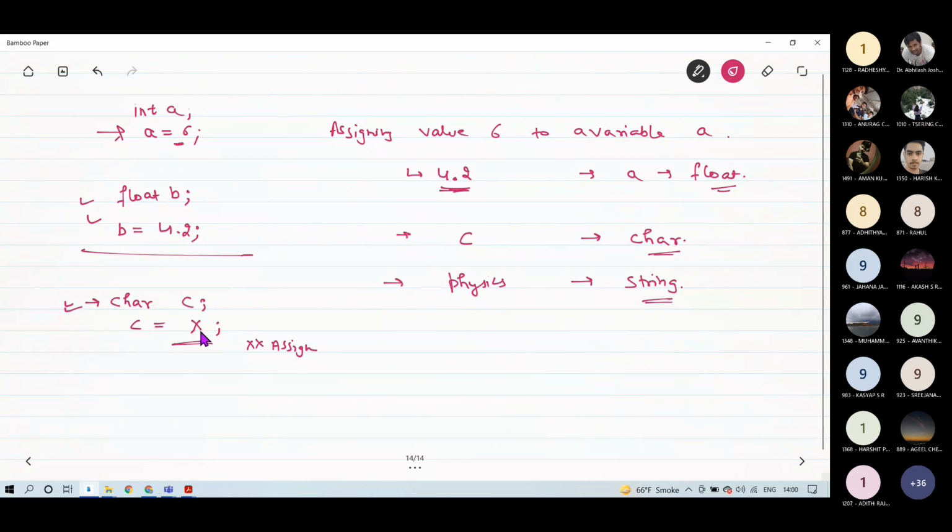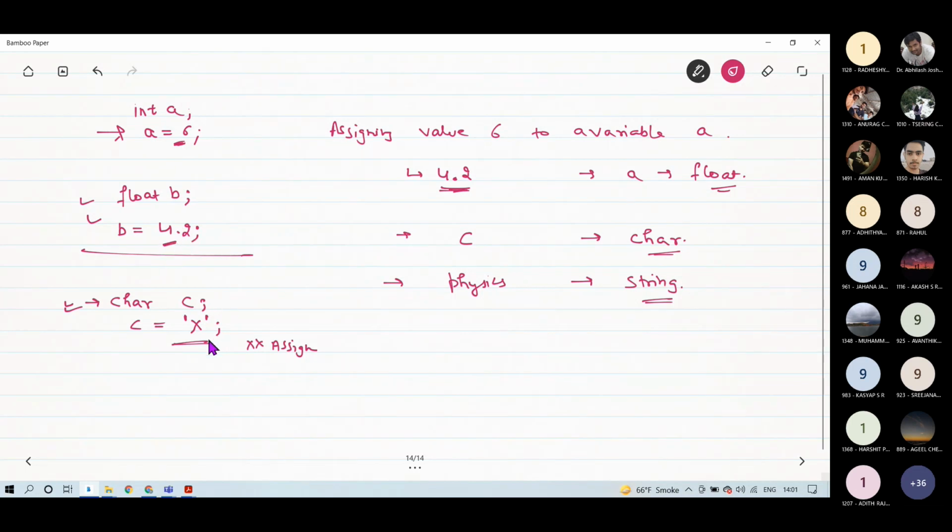For this, what do you have to do? What you have to write? If you want to assign a character to a variable, then you have to write this character in single quotes. These numbers, if you are assigning, then it's okay, you can assign directly.